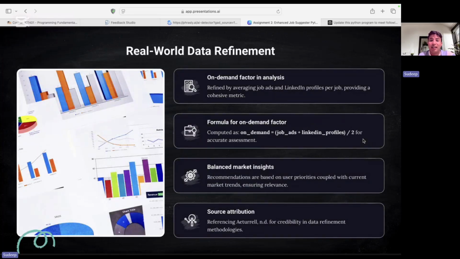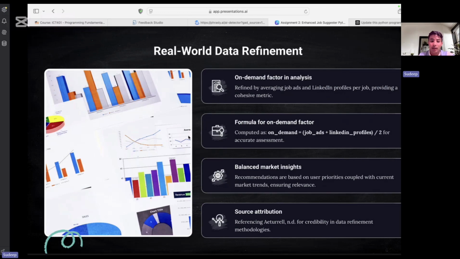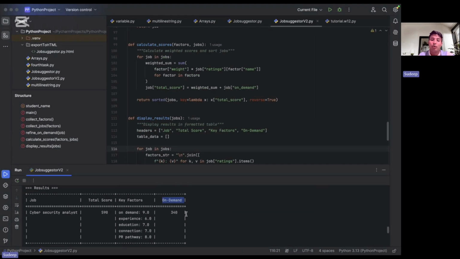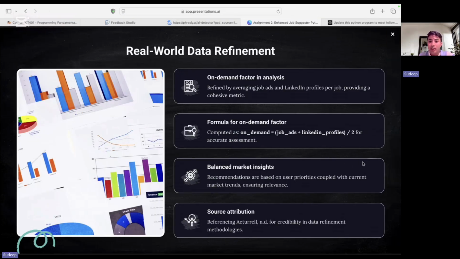On-demand factor is analyzed, refined by averaging jobs ad and compared from LinkedIn profiles, and all those are stored and then given. And formula for on-demand factor is computed as on-demand equals job ads plus LinkedIn profiles divided by 2 for accurate assessment. So you saw there the on-demand section here. It is calculated with the addition of LinkedIn profile and number of ads divided by 2 for more accurate data statistics. And for balanced market insights, recommendations are based on user priorities coupled with current market trends, ensuring relevance,